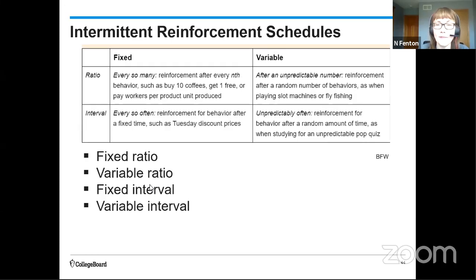With ratio, the reinforcement is going to occur after every so many correct behaviors. So if it's a fixed ratio, it'll be a defined, predictable number of behaviors you have to do in order to get the reward. If it's variable, it's an unpredictable number of behaviors. With interval, it's about time has to pass. So it's the correct response that occurs after either a set, predictable amount of time, or an unpredictable, so fixed or variable, has passed. So think of intervals as like clocks, calendars, something about time.